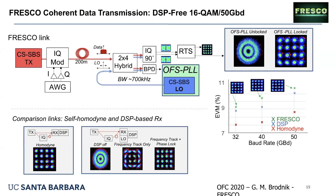And what we did is we built 2 comparisons. One is we did self-homodyne, where you take the transmit laser carrier itself and you mix it at the receiver. So you can't do better than this. And we recover the